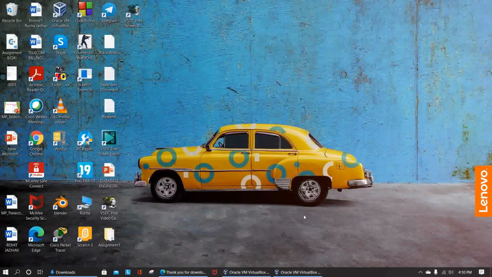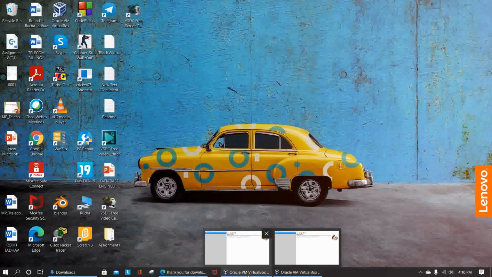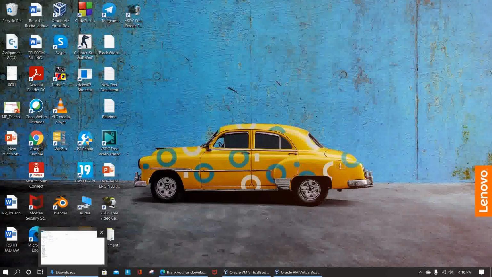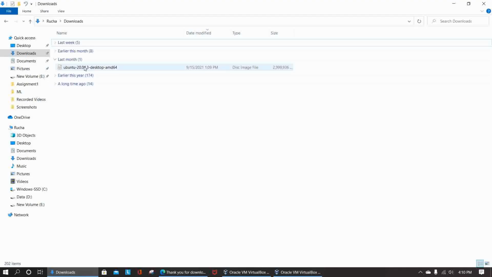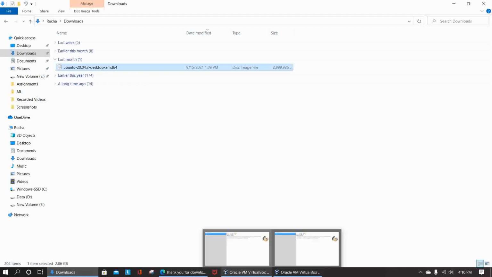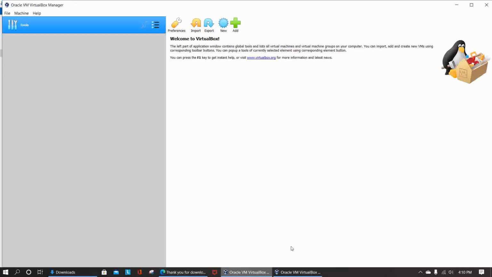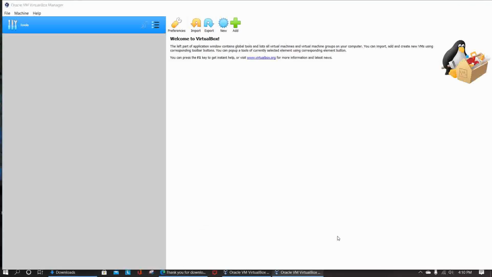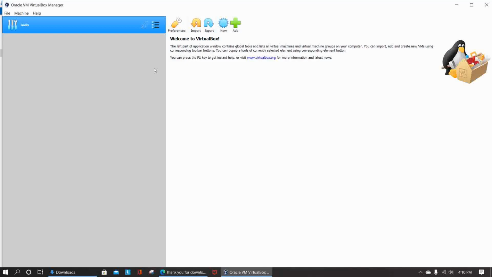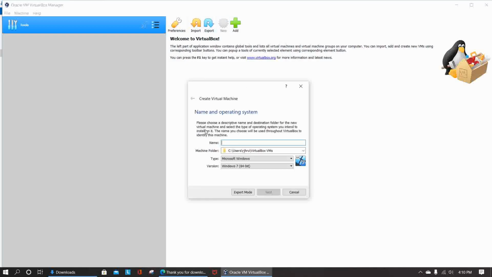Once you have downloaded that file, it will show in the downloads. Here it is downloaded. Then you have to go to the VirtualBox and click on the new button. Here it shows create virtual machine and name an operating system.